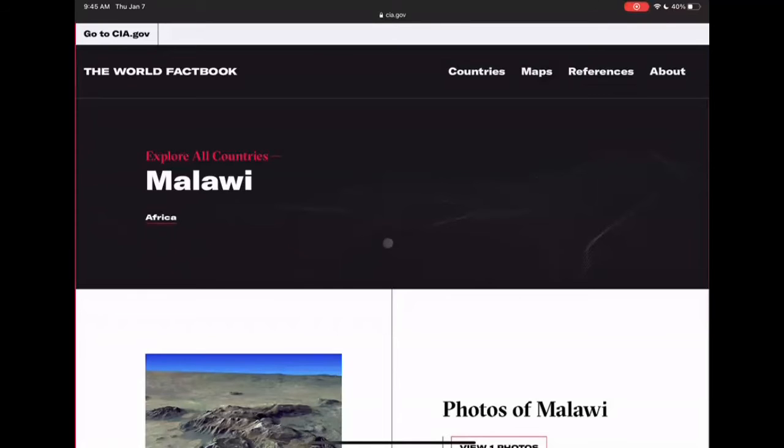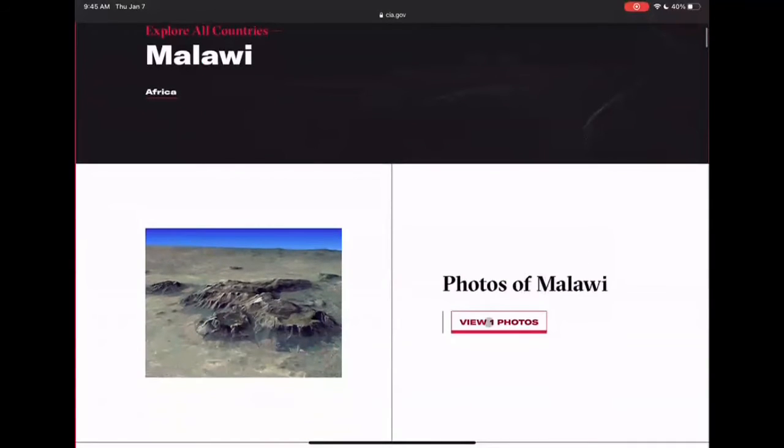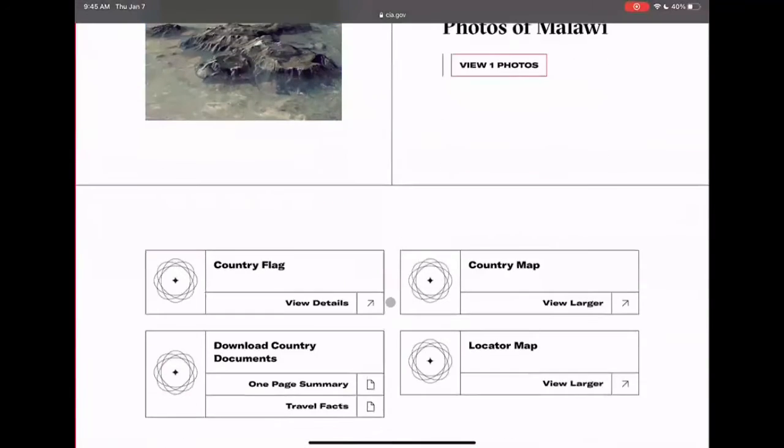So here we go. This is basically a page dedicated to the country that you received, and you see lots of different things. I can't believe Mo only gets one photo.